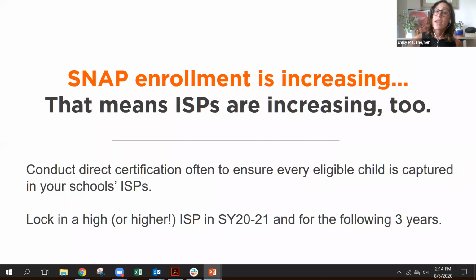And then if you can find students who are continuing to be added to SNAP and TANF and these other benefits programs and categories, if by next year your ISPs have actually increased because kids continue to be added, you can lock in a new 4-year cycle at the end of next school year. So you can report that your ISPs have increased, start a new 4-year cycle. Now you're reaping the benefits of CEP through 2025. So it's really critical to keep conducting direct certification. We know that participation in these programs is fluid and families will go off and on. So at least doing monthly is really best practice.